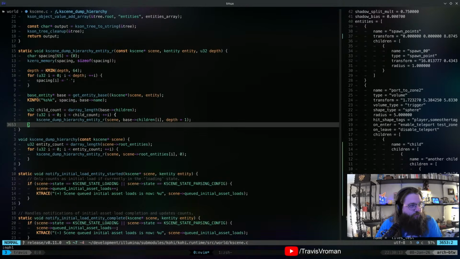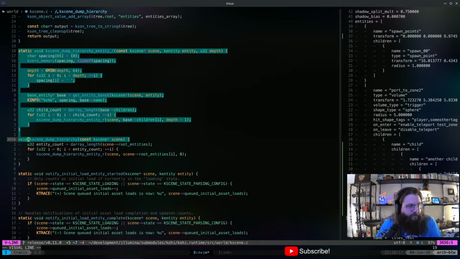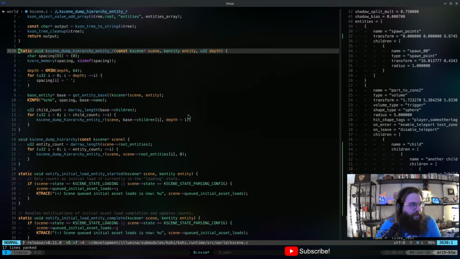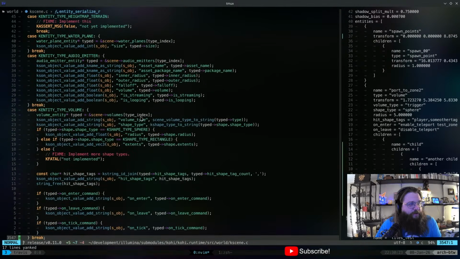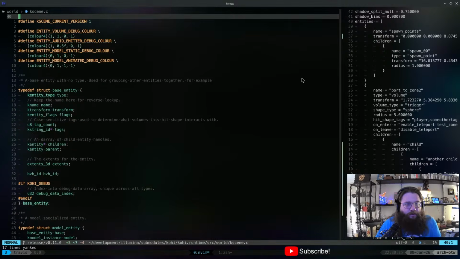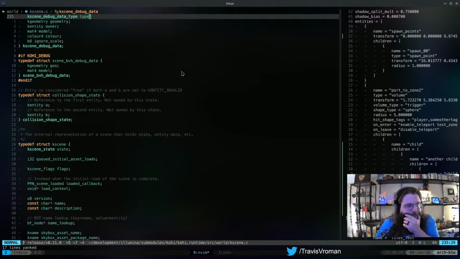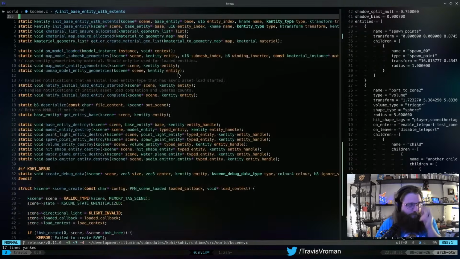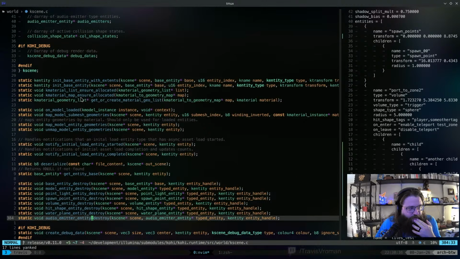All right, so we have this sort of recursive function here, right? So I'm going to take this, and I guess we'll put it along with some of our other stuff here. Whoops.